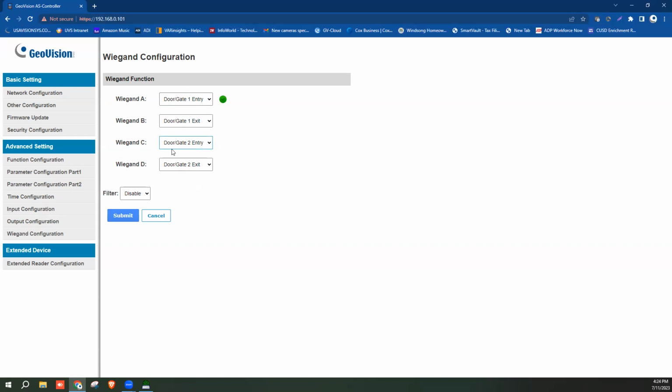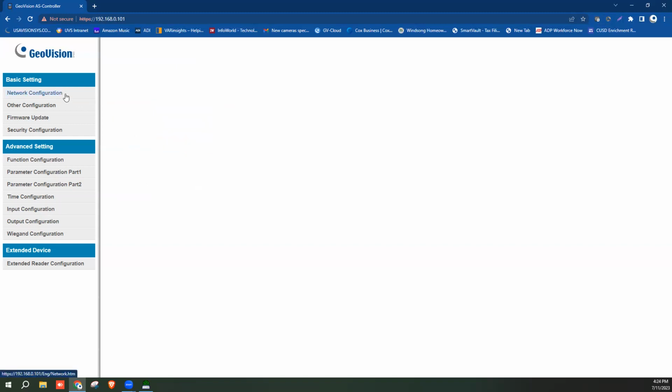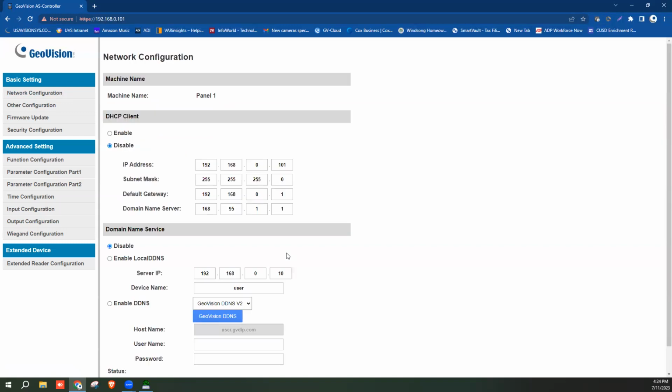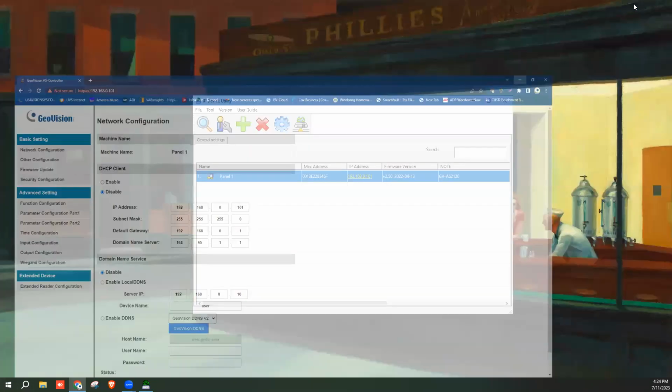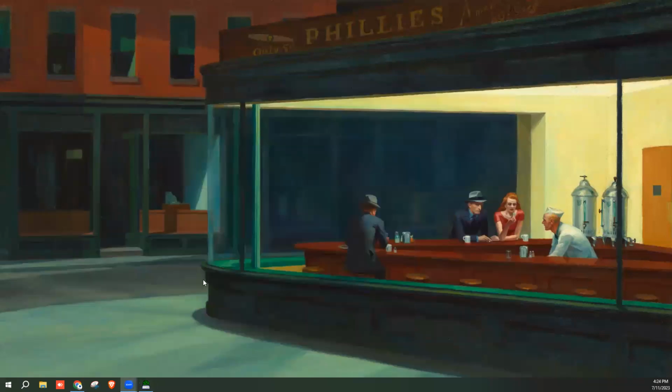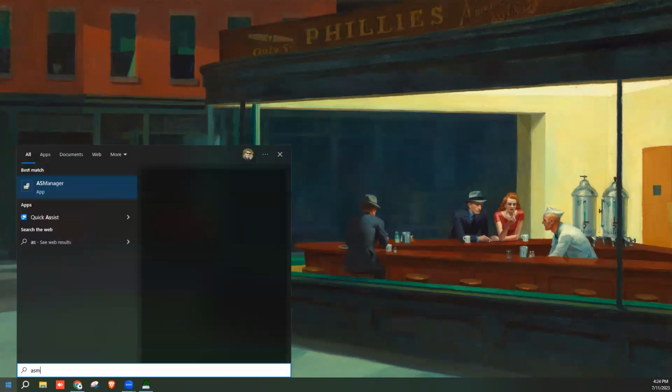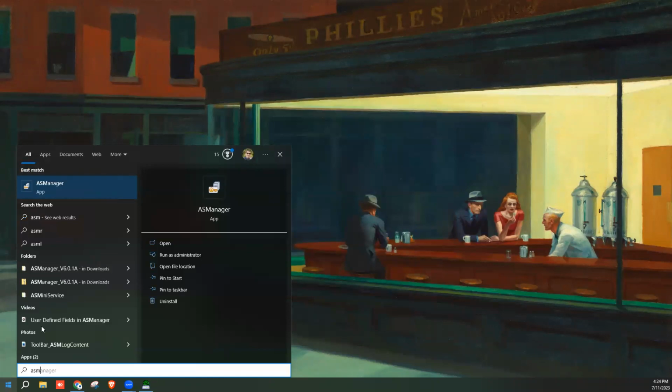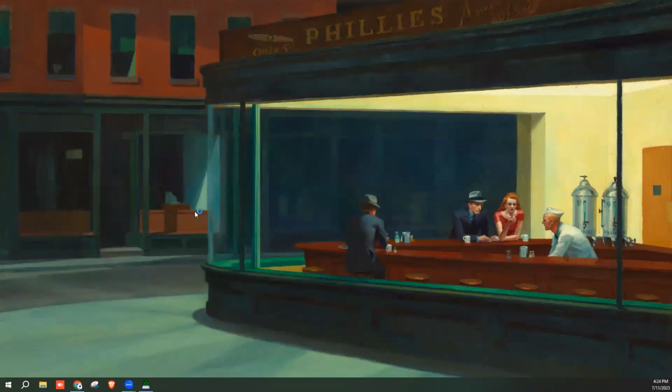So we have pretty much covered all of the preliminary setup that you would do for your control panels prior to setting up the software. So at this point, I'd like to just go ahead and jump into the AS Manager program and show your next steps. So I'll minimize the control panel's web page there and the IP device utility. We don't need this for the moment. I'm going to go down to my start menu and just type in ASM, and it will show you the AS Manager program. So if I go ahead and launch that,